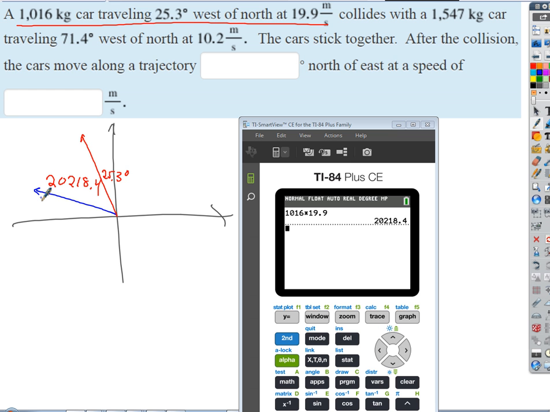So this one's gonna have a magnitude of, if that's 71.4, what's that angle gonna be down there? Let's use that one instead. 71.4 minus 180. So what is that? 18.6. 18.6, good. 18.6 degrees. And the magnitude of that is going to be